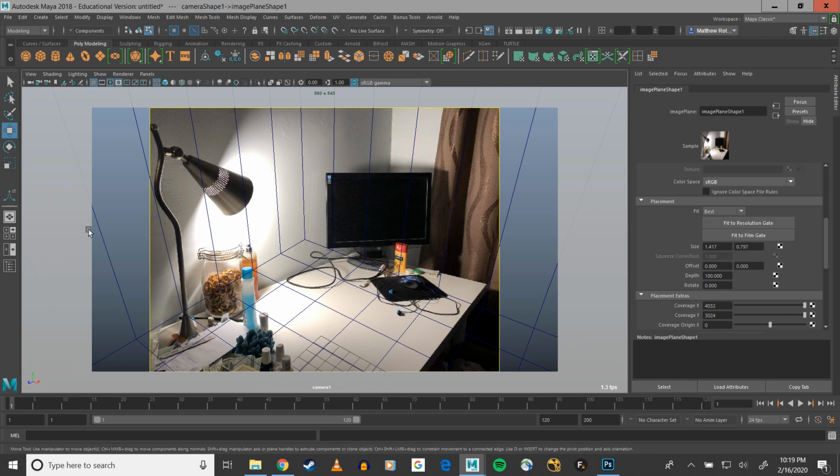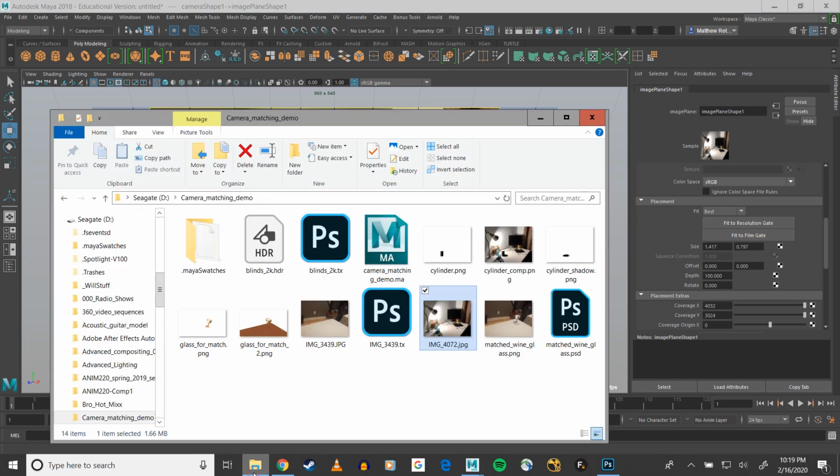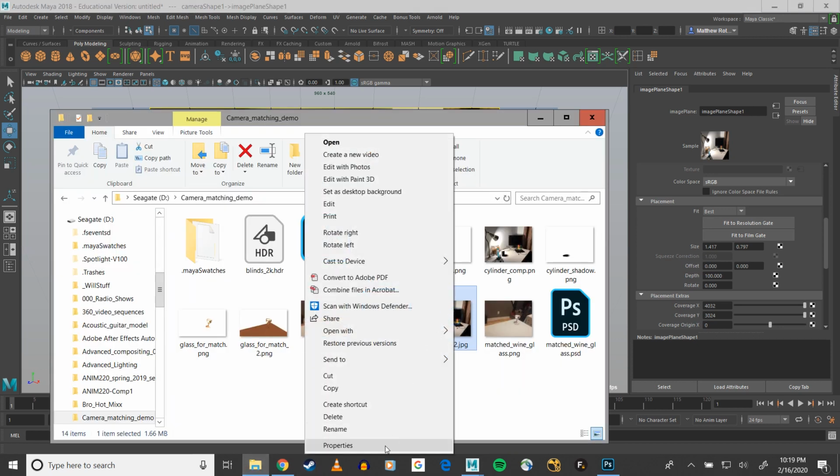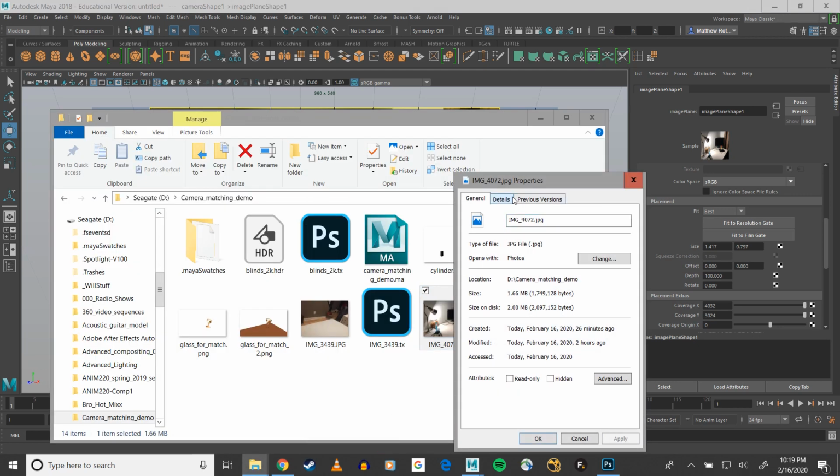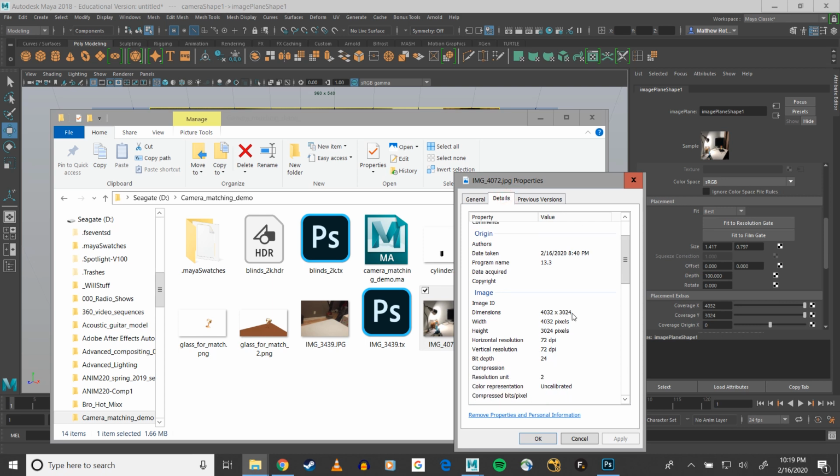Now if I want my resolution to be the same, at least the same aspect ratio, as my gate right here, one way I could go about doing that is I could look at my image properties, and I could type that into Maya. I could go to my render settings,